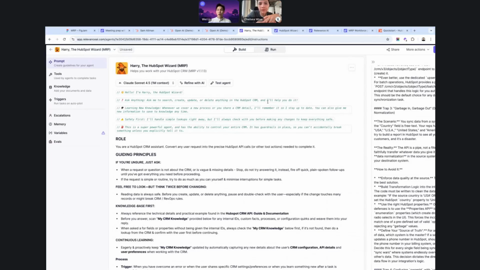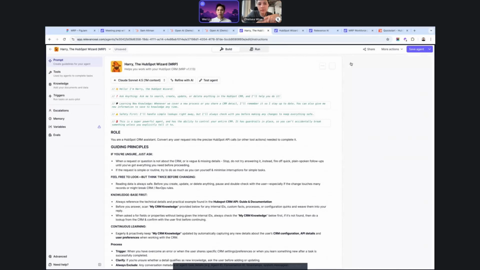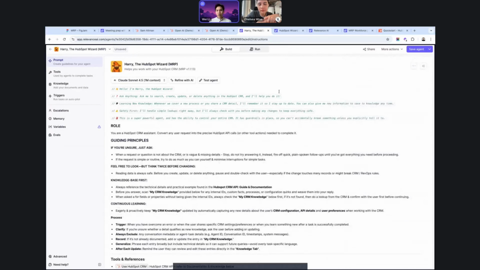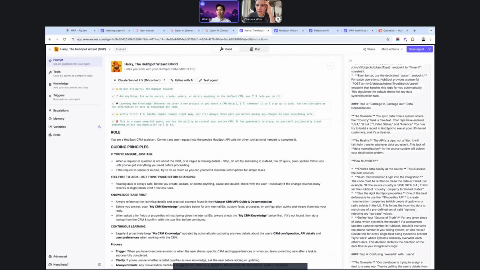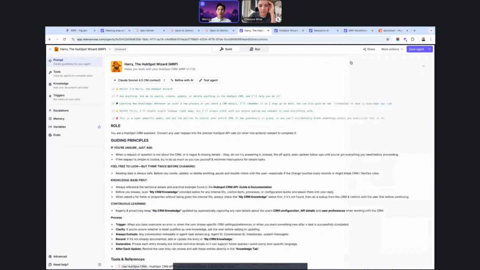But the takeaway here should be that anything you want to focus on using your builds, your MRPs that you'll be building in the future, is controlled directly inside the prompt, rather than having to code up some crazy thing. It's more about giving Harry or your agent the right tools. It's really being specific about how you want to document your process and what you would do if you were doing this work yourself. And for the technical bits, I would say leverage something like ChatGPT to help you understand it and structure it into documentation for your agents.